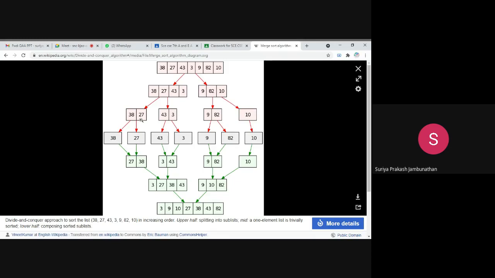So again, we have to apply the n formula. What is the n value here? 2. What is the n value here? 2. What is the n value here? 2. What is the n value here? Last one: 1.